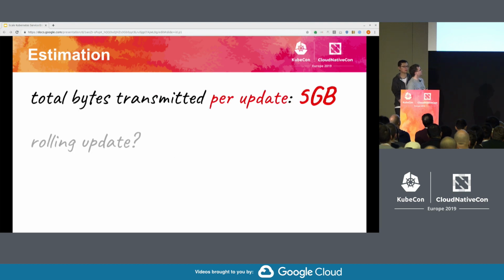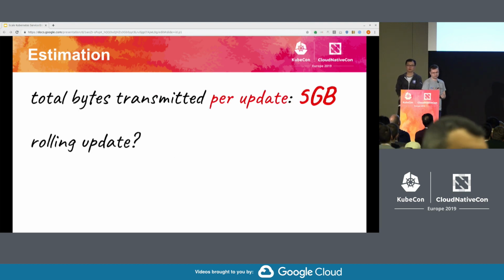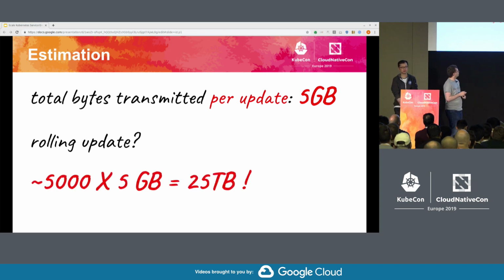So what if we are doing a rolling update of a service? Since we assumed 5,000 endpoints, it means that we will send roughly 5,000 updates to every watcher. Times 5 gigabytes, it gives us 25 terabytes of data to just do a rolling upgrade of the service.